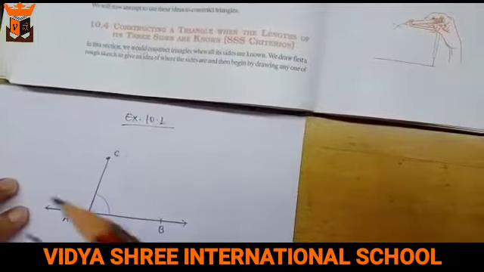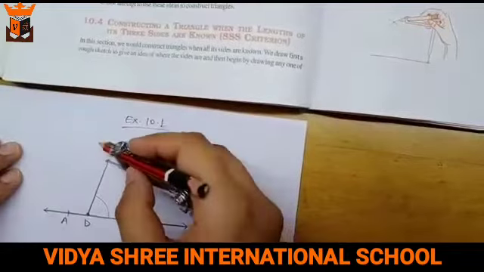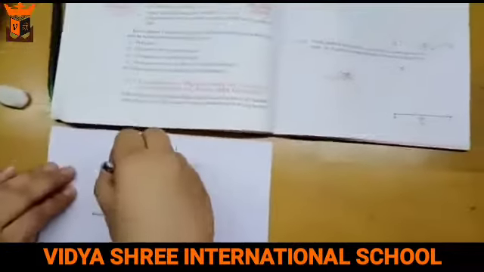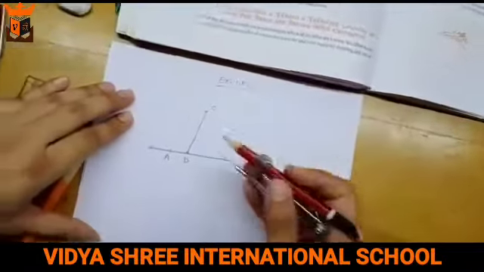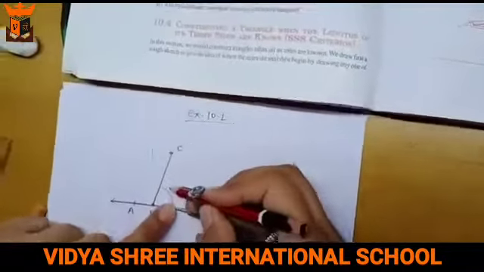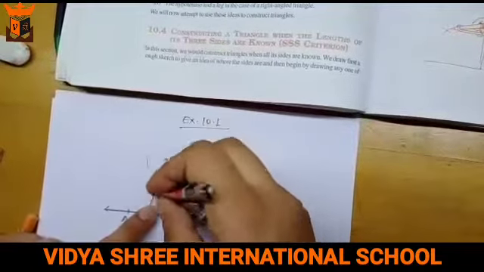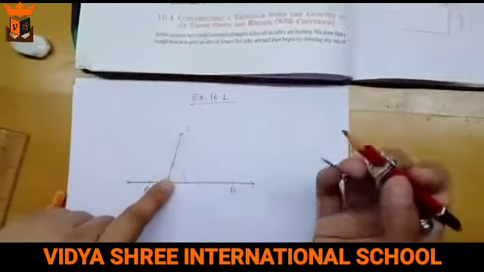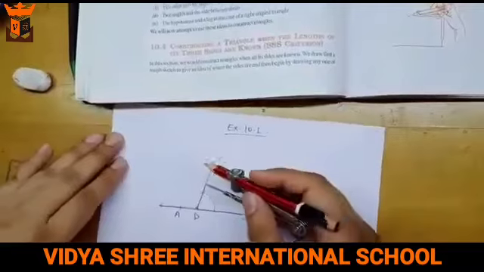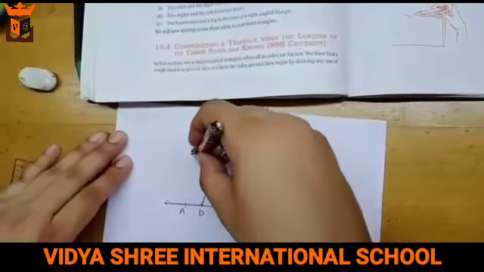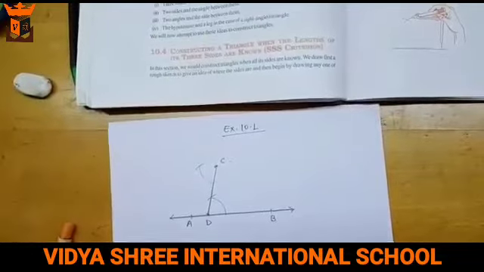Now similarly, with this much you have to open your compass and then at the point C you need to take an arc like this. Okay, now open your compass to measure how much you have taken, to take a cut over here. Okay, now like this you need to cut over here. Similarly through this point you need to cut at this point. Okay, now join this line